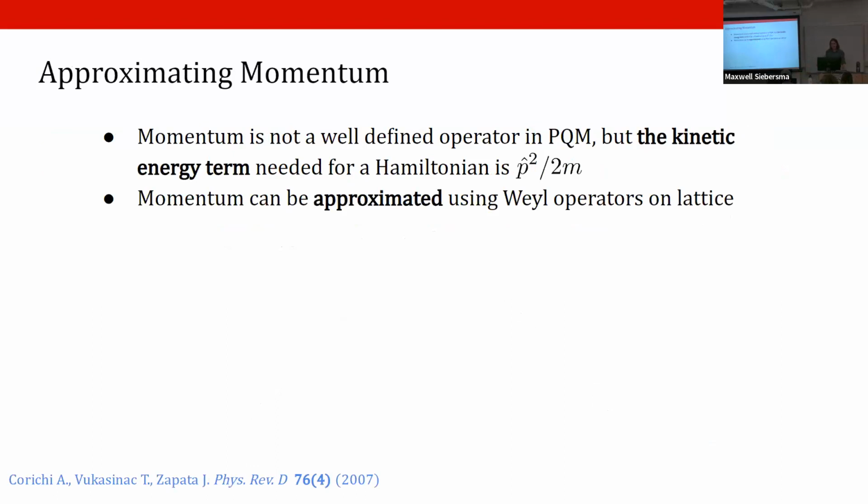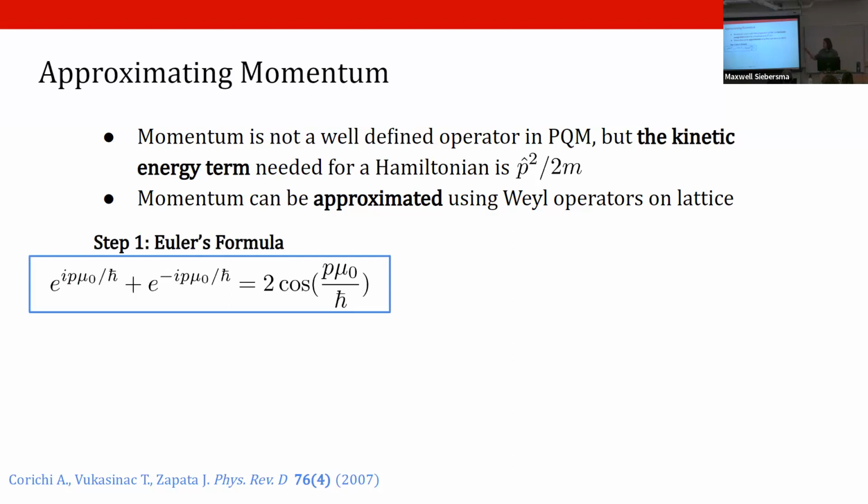One last thing we need to do for physics' sake is approximate momentum, because we'd like to do something dynamical on our system, but the kinetic energy term in the Hamiltonian requires this p squared term. So we ought to do something about that. And we can approximate this term using operators which are well defined, namely the Weyl operators. So to walk you through this process, all of you paradigm students should be acquainted with the steps I'm going to take. Maybe you wouldn't guess to do them in this order, but first, our momentum